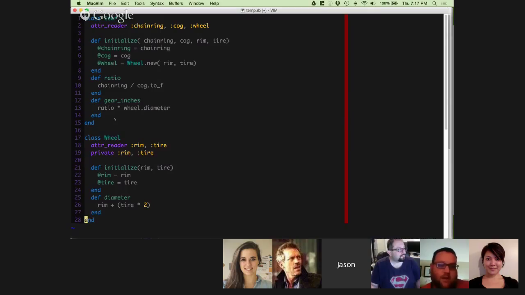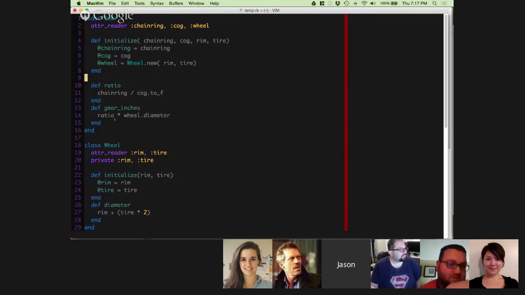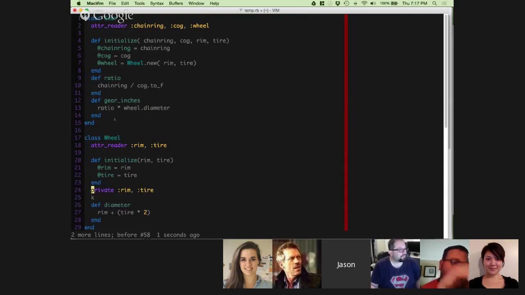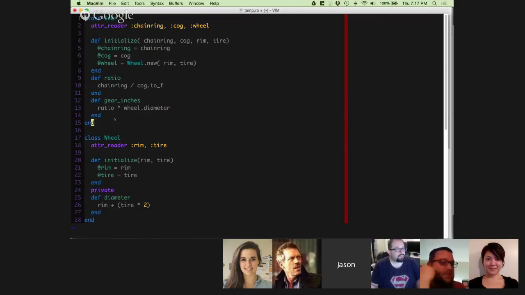And do you know about private methods? I know that you just put it above the method. And if you have a bare private, like in this case, you had private and then assigned the two attributes that are private in the wheel class. But if you just have the word private without the things after it, everything, all the methods defined below that are only accessible inside of the class. Those are not public methods. Those are private methods. So they can only be called within